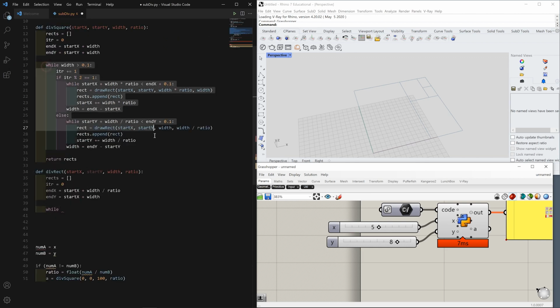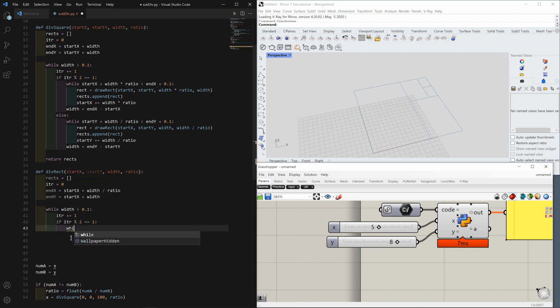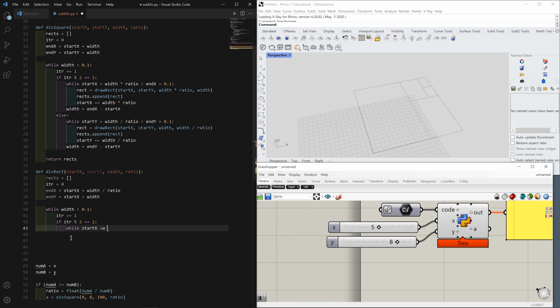These two parts are actually pretty similar, so I can follow the same logic. I can say while width is larger than 0.1, iteration plus equals 1, and if iteration divided by 2 remains 1, we can say while start x plus width is smaller than end x plus 0.1, and we can draw a rectangle